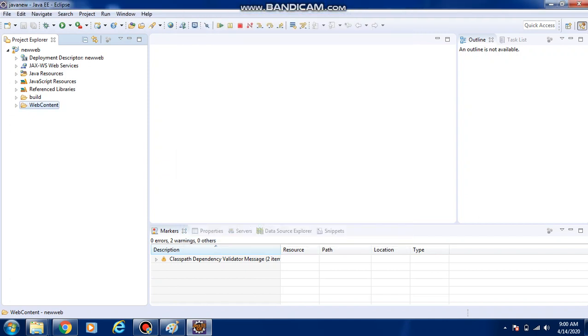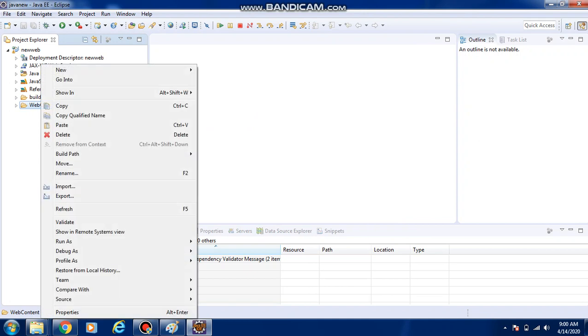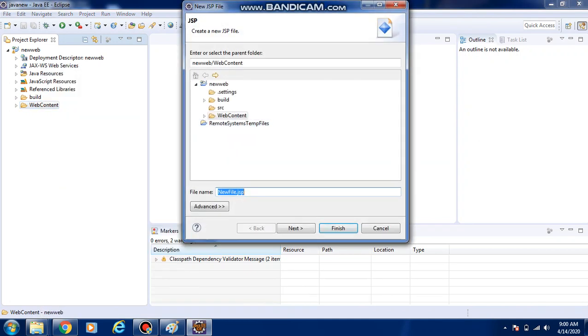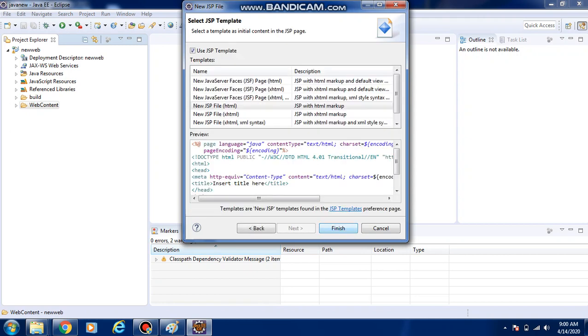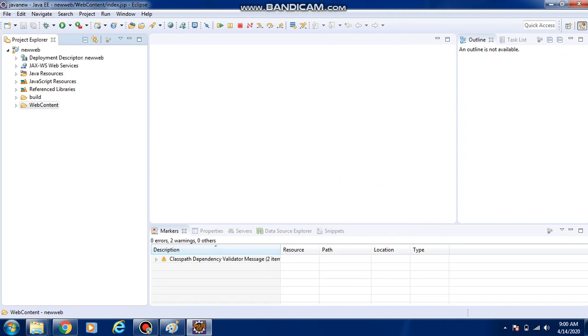Come to the web content, right click, new, JSP file. Always your first JSP file should be index.jsp. It is a rule. Definitely the first JSP file should be index.jsp. And give next and give finish.